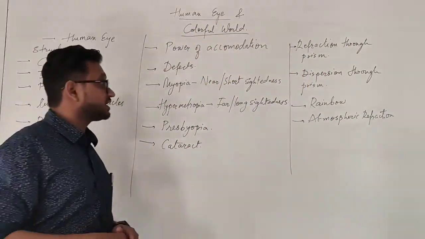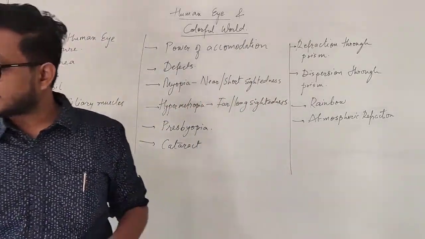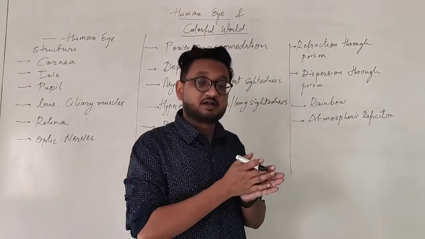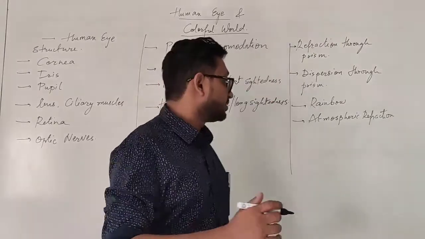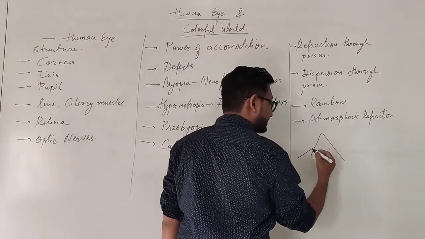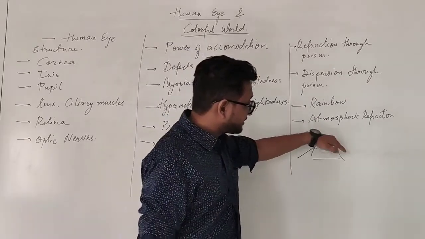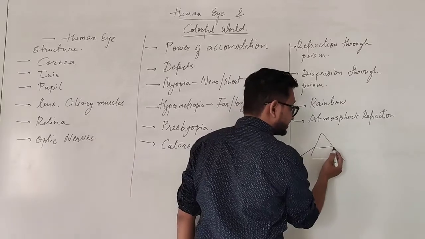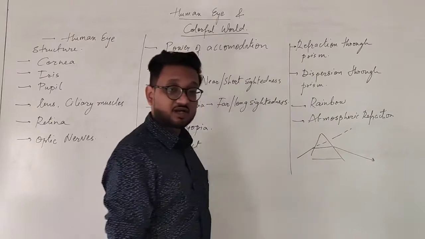Now we are going to study refraction through a prism. We studied that in a glass slab, the ray of light passes from one end, enters the other, and bends a little bit, but when it emerges, its direction is once again the same. But for a prism, we had something totally different. For example, if the light enters from this side, it refracts, and because of the shape, the angle is slanted that way. So once again it refracts, but not in this direction, it refracts in the other direction. So it changes its path completely.